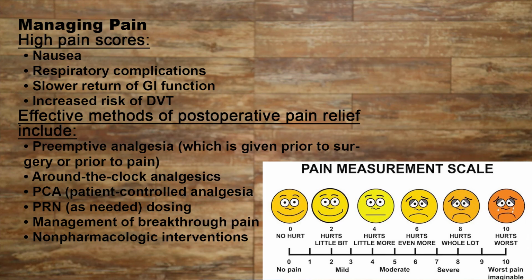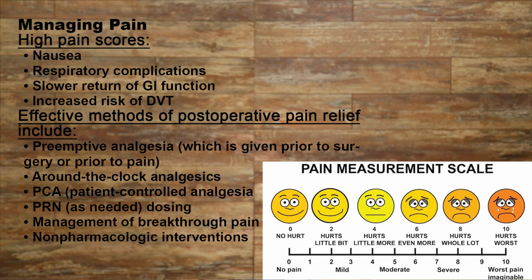Pain is a common occurrence after almost all types of surgical procedures and is probably the most significant postoperative problem in the eyes of the patient. Prompt and adequate pain relief is a critical nursing intervention. Unresolved acute pain has many negative effects, including more complications, longer hospital stays, greater disabilities, and the potential for chronic pain. There is an association between high pain scores and nausea, respiratory complications, slower return of GI function, and increased